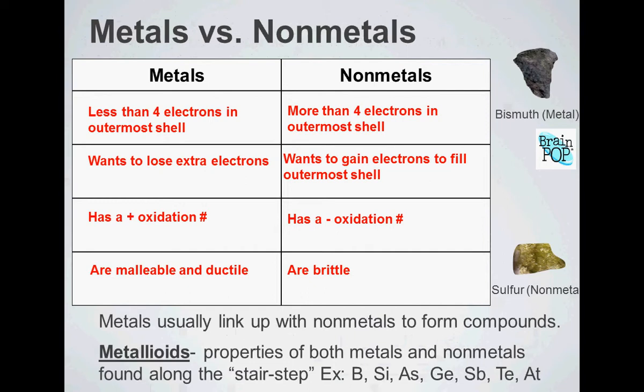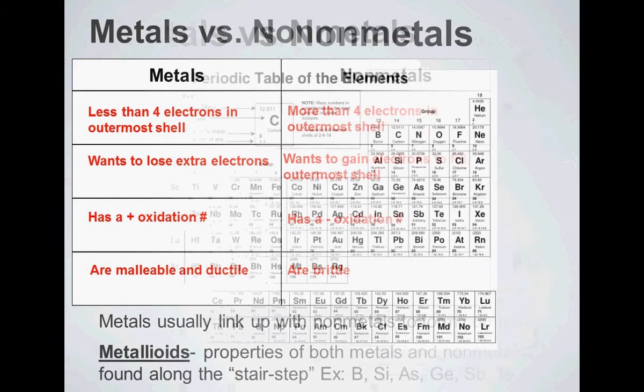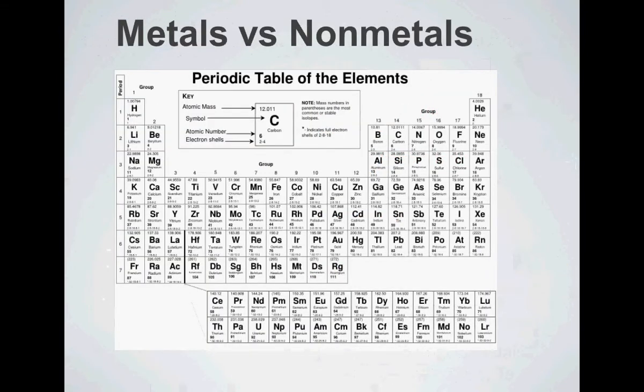Well, there are some metalloids, some things that could have properties of both metals and non-metals. Many of these have those in-between number of electrons, 4 in their outermost shell. We have in our periodic table,